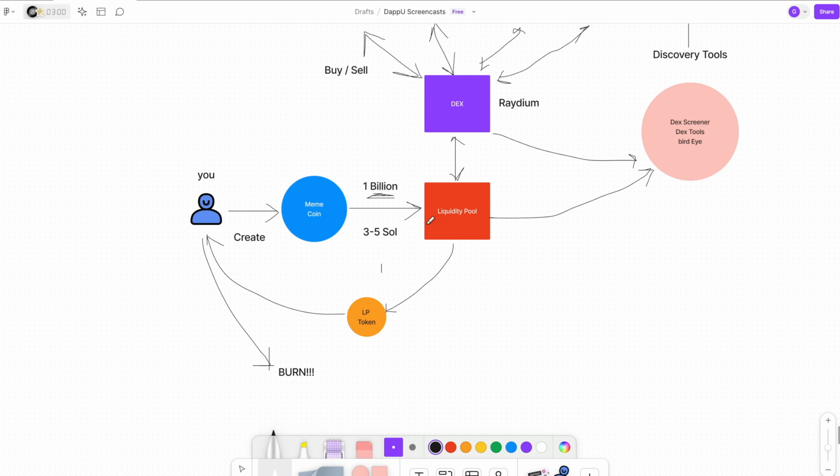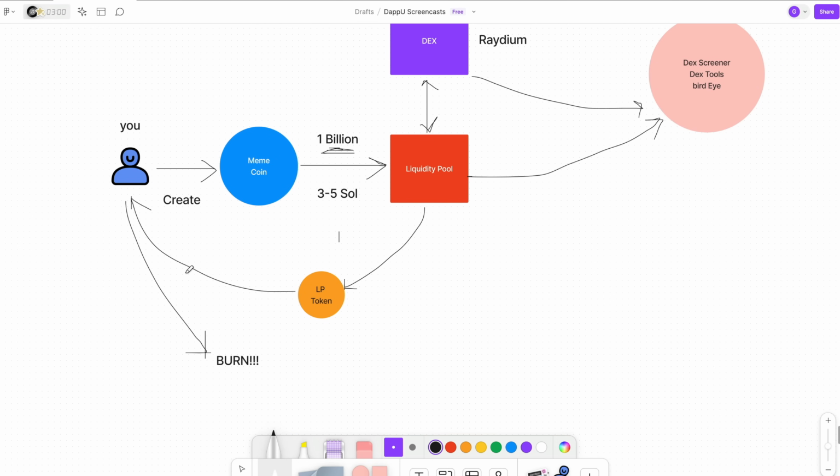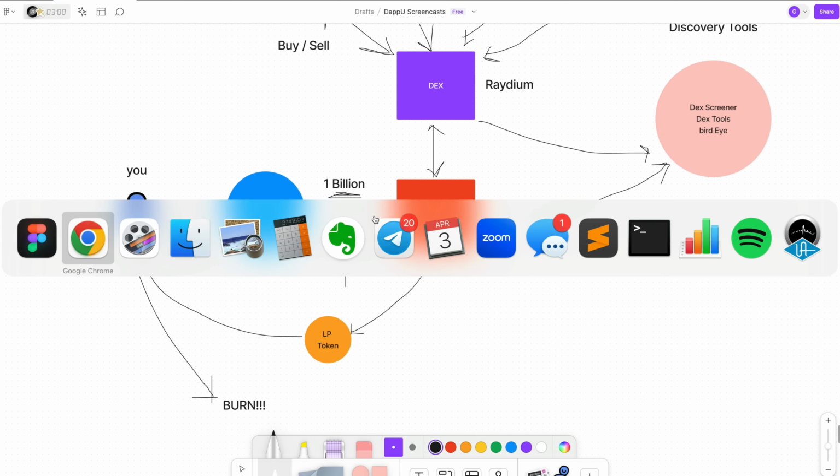All right. So basically what you want to do is take this LP token that you get back, which is like your valet claim ticket to the liquidity you just added, and burn it. You want to send it away to where the blockchain will not let you get it back. That's the whole trustless idea of blockchain, that other people can see. So how do you do that?